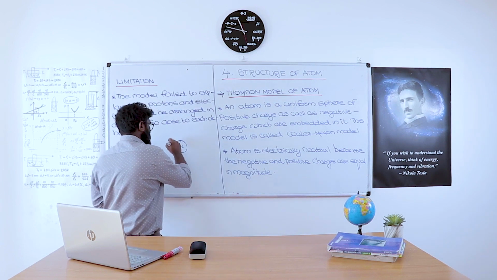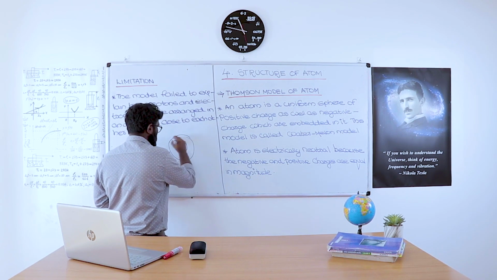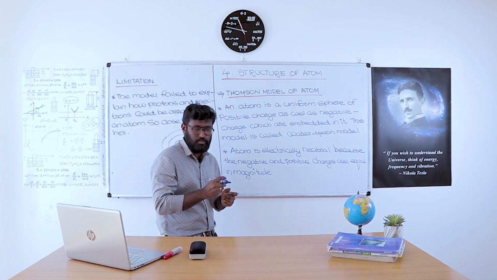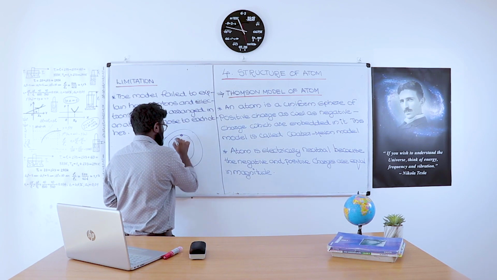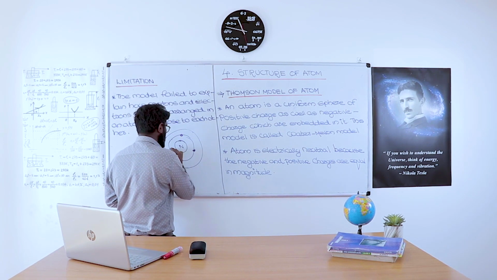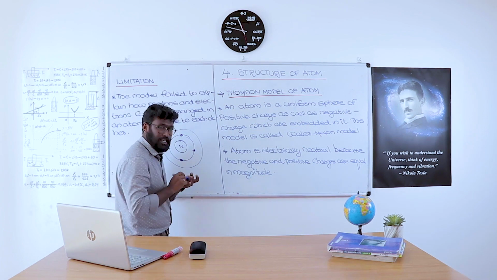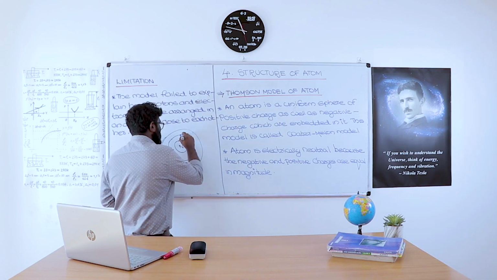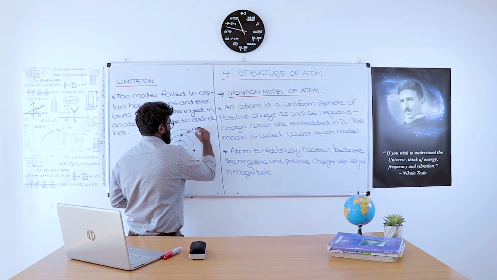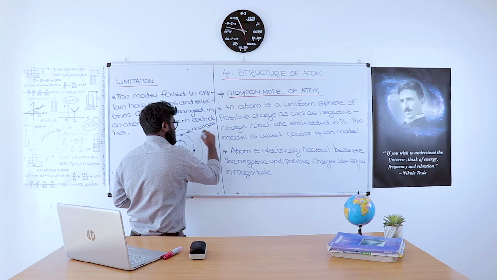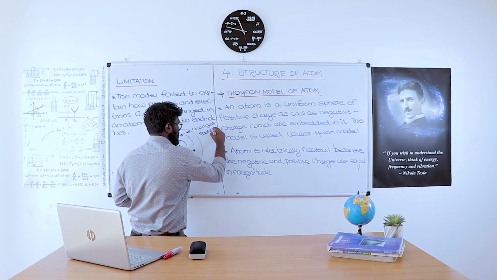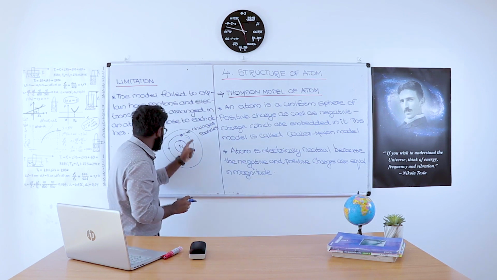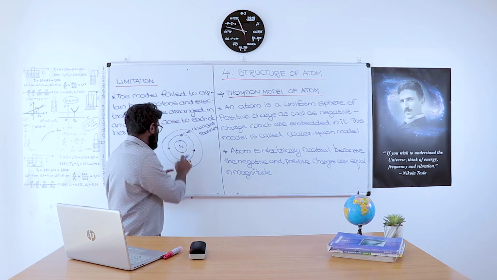Around the nucleus there are orbits. This is the first orbit, second orbit, third orbit, like that. The electrons are revolving around the nucleus in the orbits. Electrons are negatively charged particles, and the electrons are revolving around the nucleus in a circular orbit. So this is the circular orbit, and these electrons are revolving around the